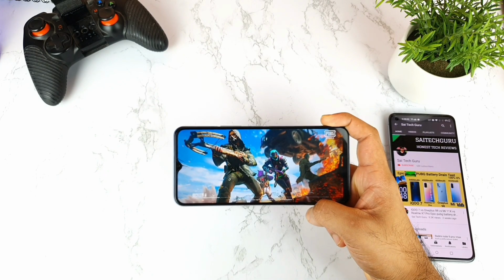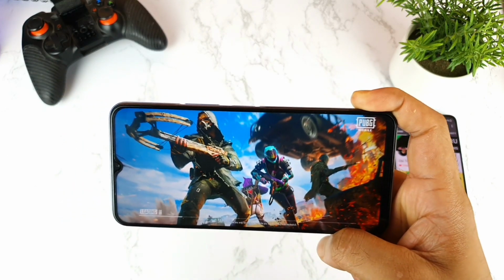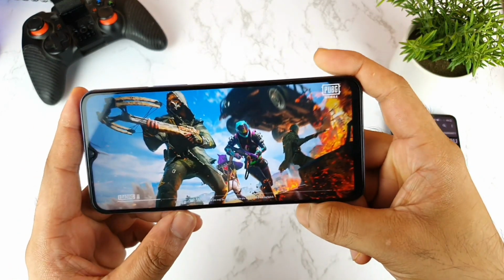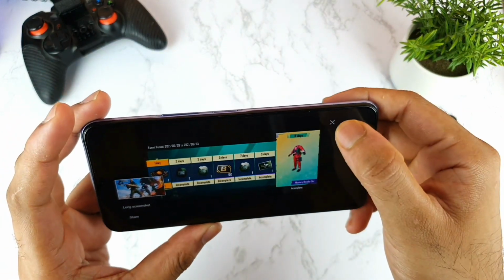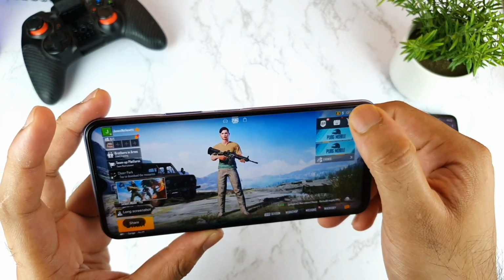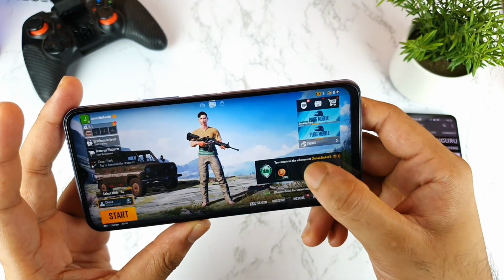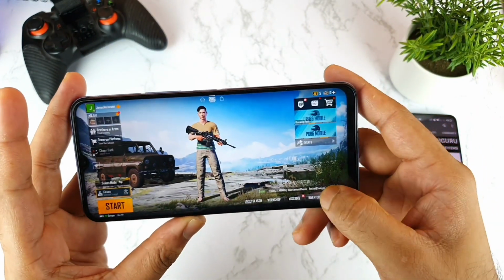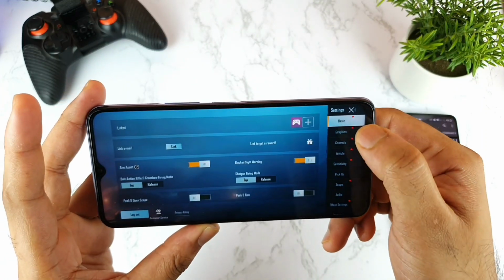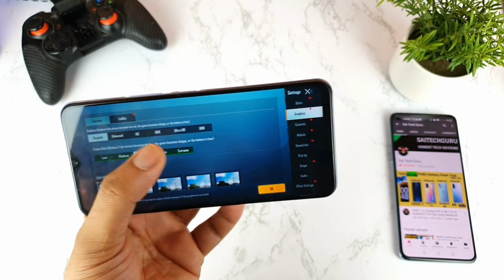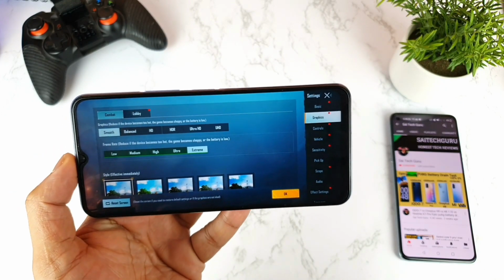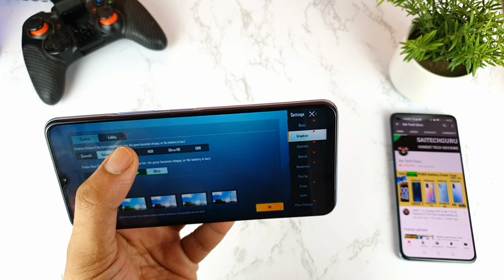So right now we are trying to log in. Let's see what default graphics we will be able to see in this phone. That's a really interesting test which I'm going to see right now. Let me quickly go to the settings and show you the exact graphics I'm getting here. Go into the exact settings and graphics. I don't think you'll be getting the HDR and extreme settings friends, unfortunately, as you can clearly see. So now you're getting smooth and extreme, balanced and ultra, HDR and ultra.